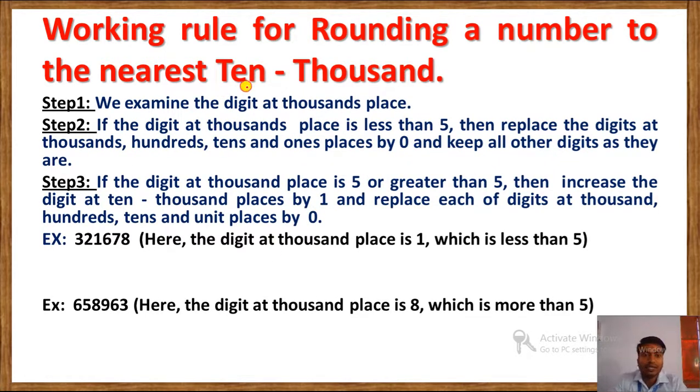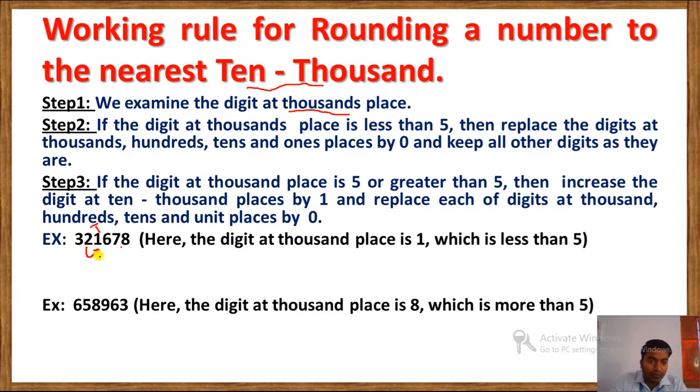Now for 10,000. For 10,000 we need to see the 1000 place. See the example. So ones, tens, hundreds, thousands, ten thousands. Sorry, only the 1000 place we need to see. Just look at the right side of the 10,000 place. So this is the 10,000 place, and on the right side of this